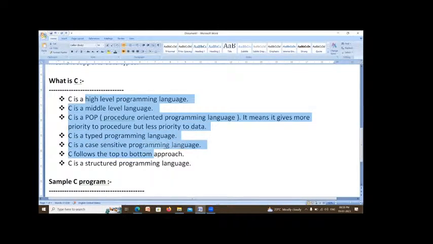Whereas Java is executed from bottom to up, C++ also is executed from bottom to up. All object-oriented programming languages are executed from bottom to up. All procedure-oriented programming languages are executed from top to bottom. Clear? Yes, sir.